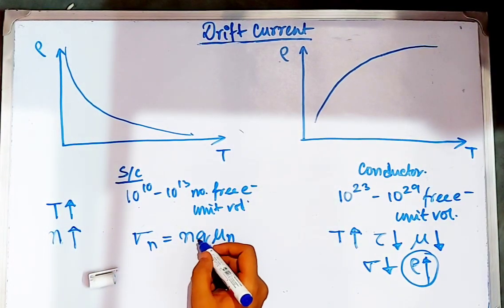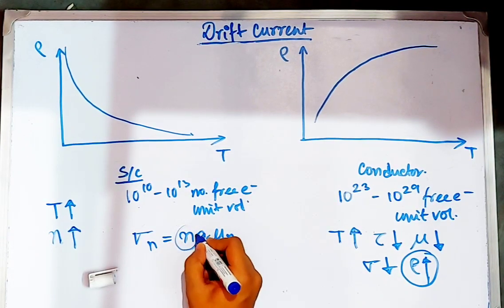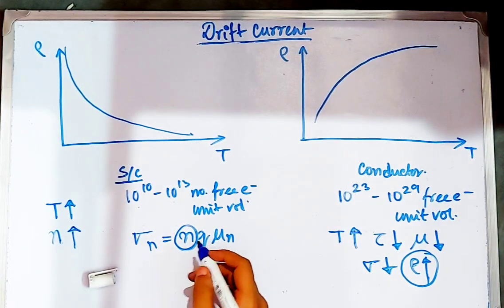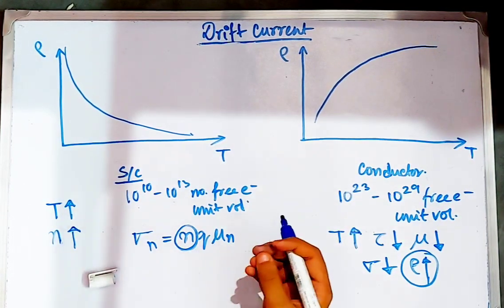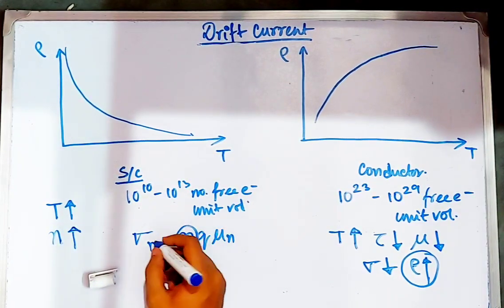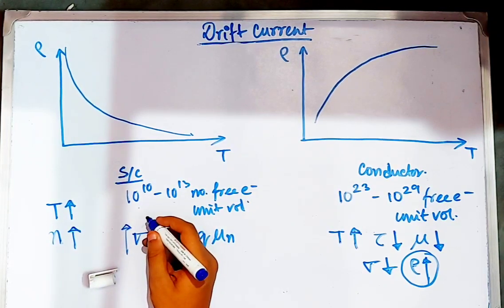So the change in the density of electrons is more significant than the change in mobility. So as n increases, the conductivity increases,